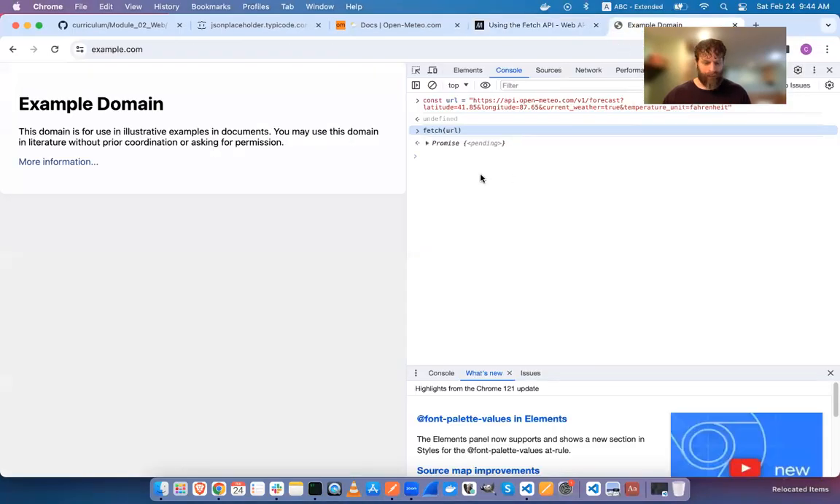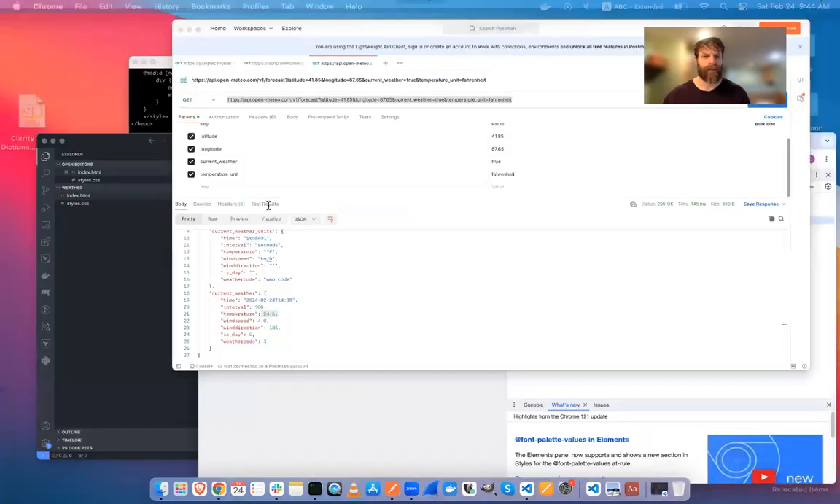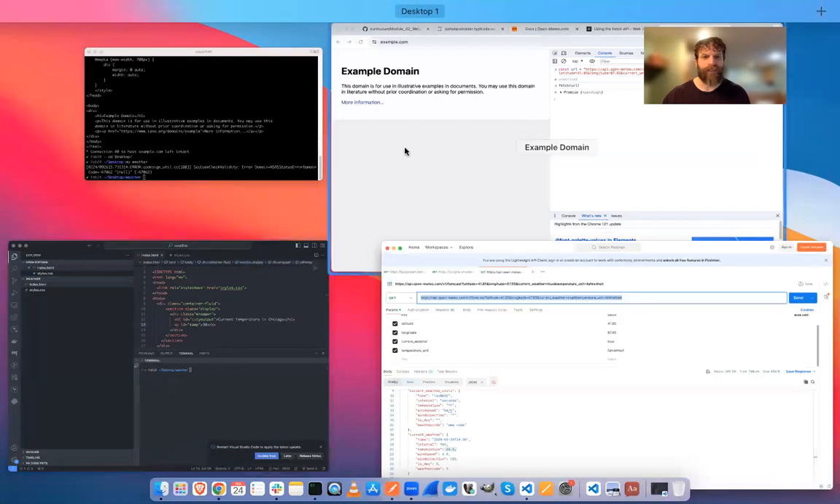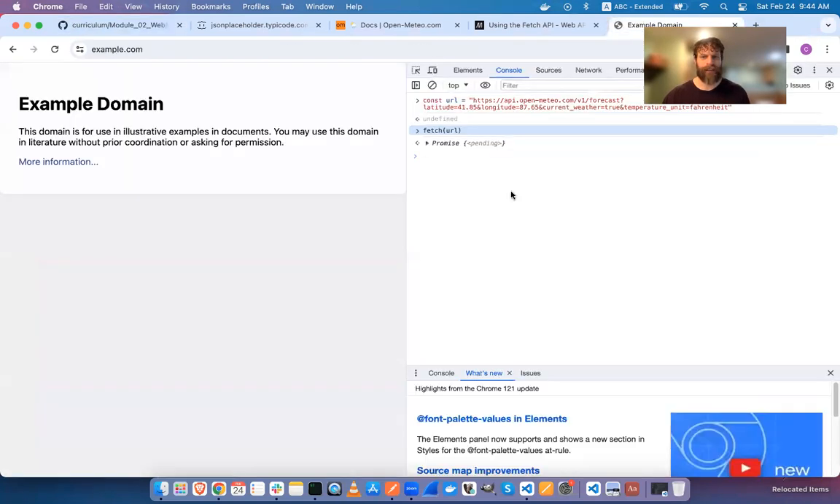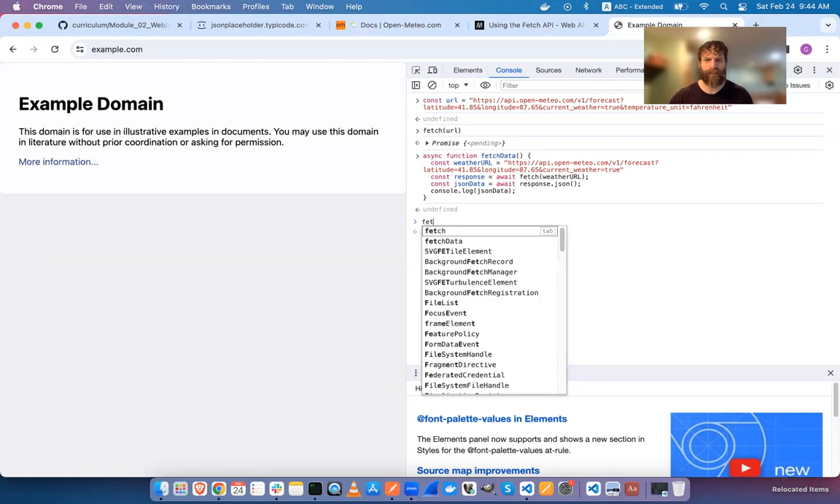So I'm going to go back here real quick, and actually I'm going to copy the code from the README. Here we go. So I'm going to copy this, and I'm going to paste it in here. So here's the function. And if I call fetchData,